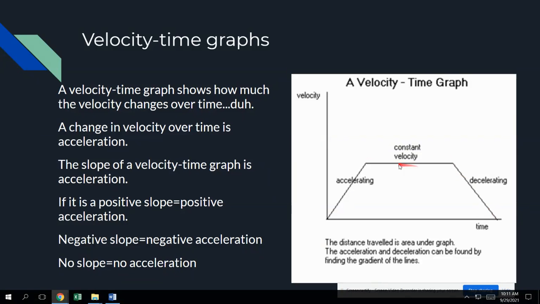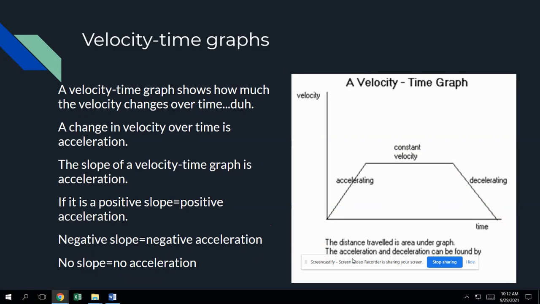That object is slowing down. So this is where it can get a little confusing because on a distance time graph, these mean different things. On a distance time graph, this means it's not moving, whereas here it means it's just not accelerating. It's moving at a constant velocity, it's just not accelerating. This means it's going back to its origin. On a distance time graph here, it means it's slowing down. It's negatively accelerating. So we'll get some practice at that. That'll take a little bit of time, but it shouldn't be anything too tricky. All right, so that's how we are going to be able to describe acceleration through those different ways.